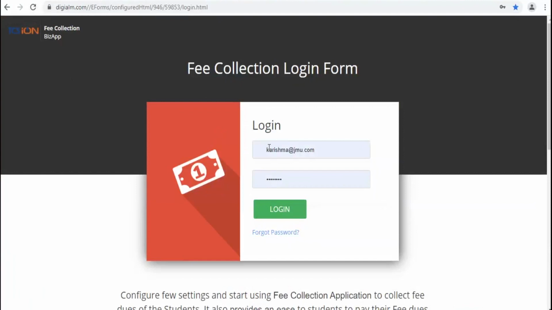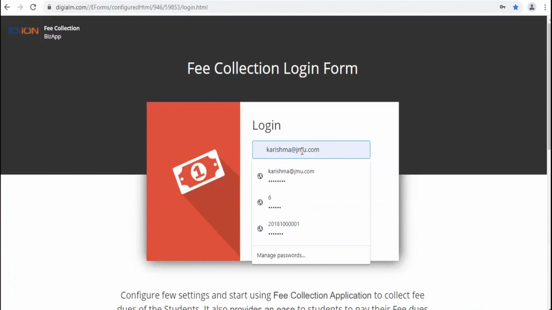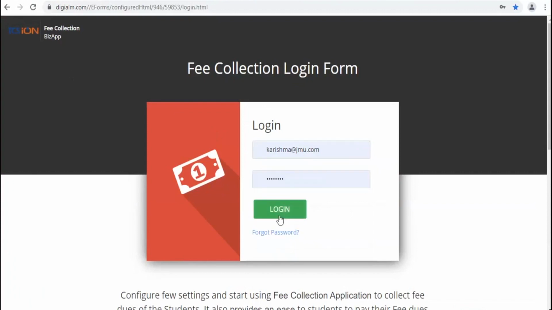So student, once they enter their entire details or the credentials in the login page, they would have to use the same login credentials and click on login. It will allow the students to get the entire details of the amount that is due for these students. Moreover, it will also show the previous transaction details. I'll show you.